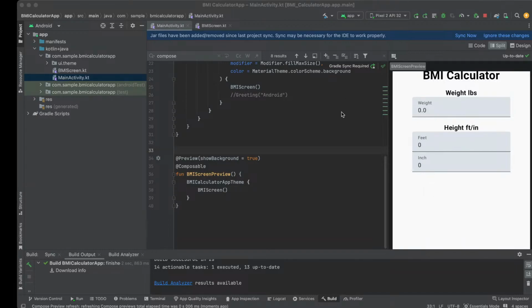I have a question here in the chat. It says, what's the coding app? We are building a BMI calculator. And so now